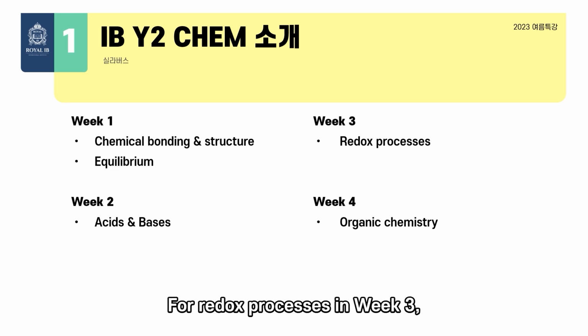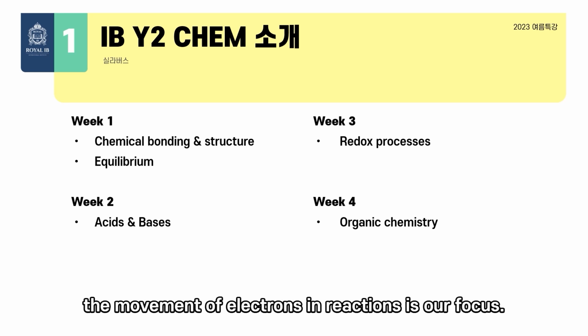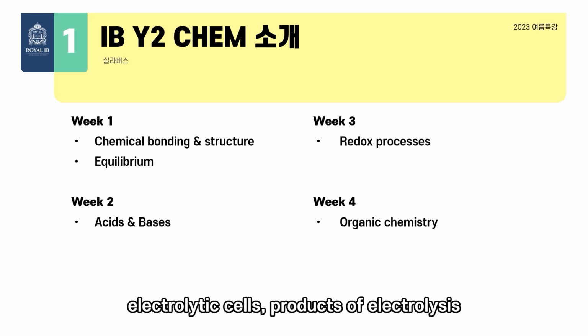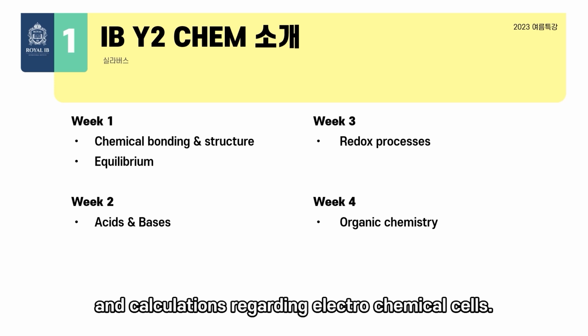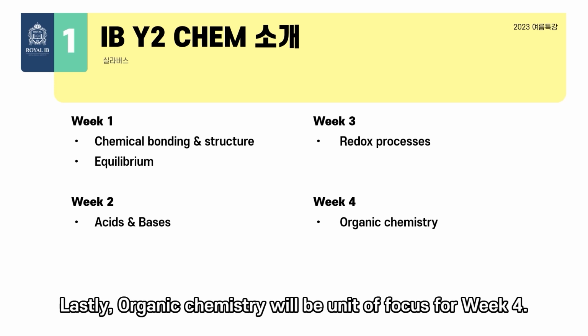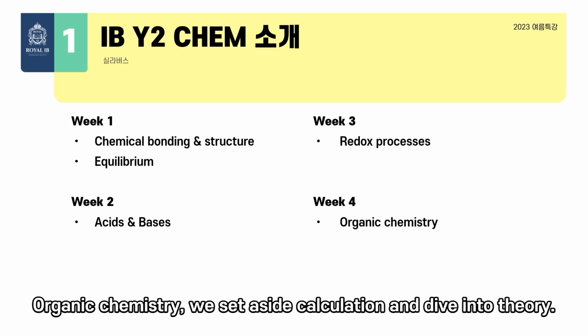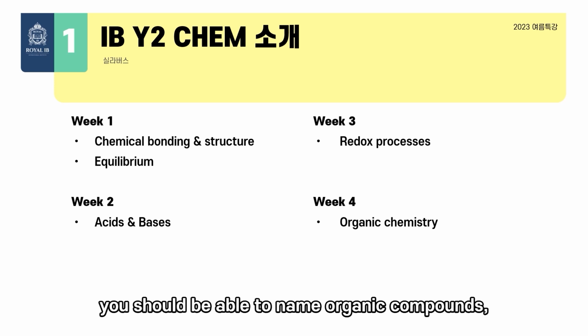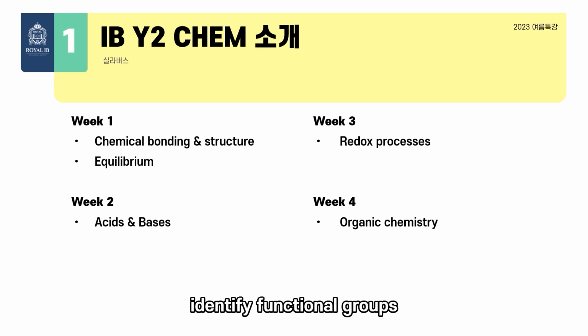For redox processes in week 3, the movement of electrons in reactions is our focus. The main topics covered will be voltaic cells, electrolytic cells, products of electrolysis, and calculations regarding electrochemical cells. Lastly, organic chemistry will be the unit of focus for week 4. For organic chemistry, we set aside calculations and dive into theory. By the end of the week, you should be able to name organic compounds, identify functional groups, and show the